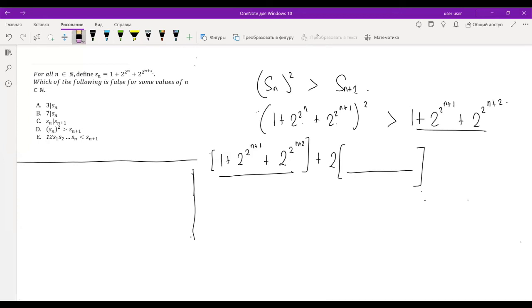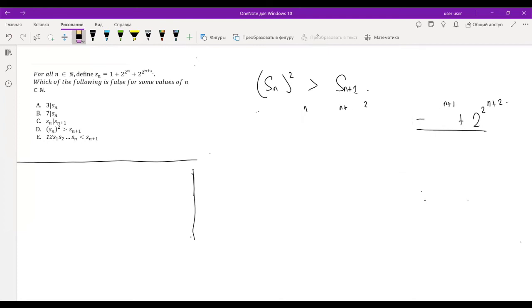So right now, we can actually conclude that the answer is E, because this is an objective exam. But just to be rigorous, I'll show why E. I'll find some values of n for which E is actually false. But if we're in the exam, we can just conclude now that the answer is E, since we have shown A to D are true, but the question is asking us to find which of the properties is false. So now, for the E part,